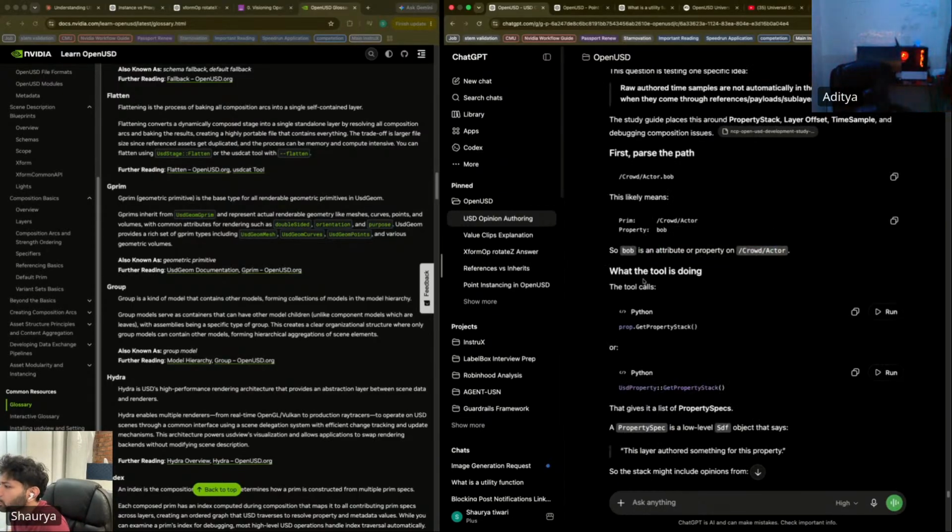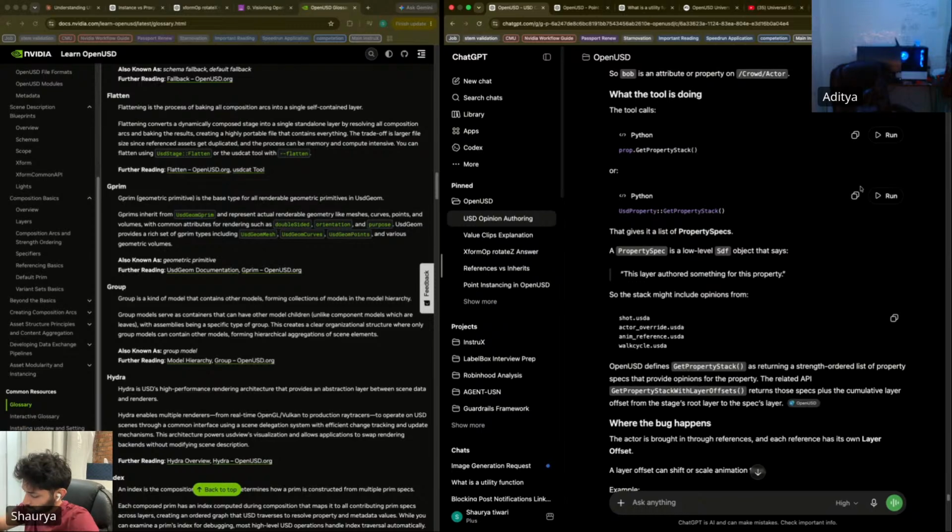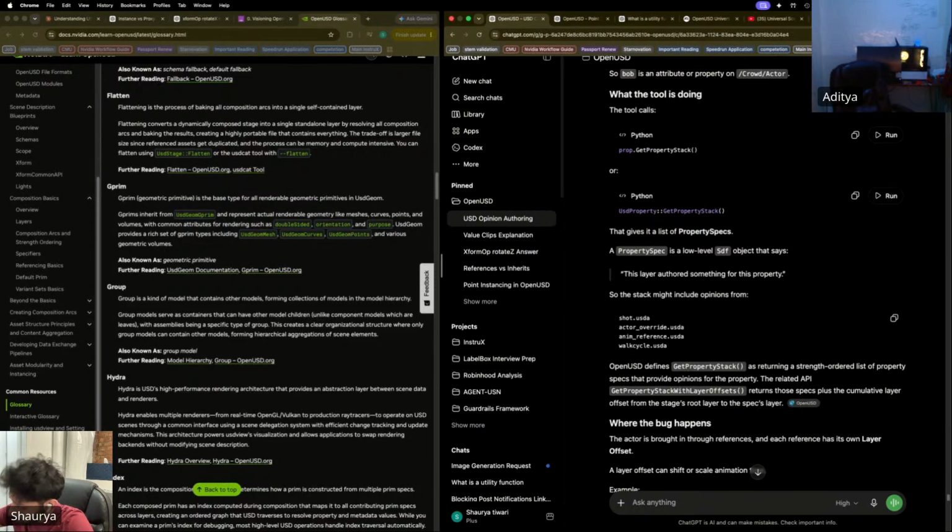What the tooling uses is USD property get property stack, which gives a list of property specs.